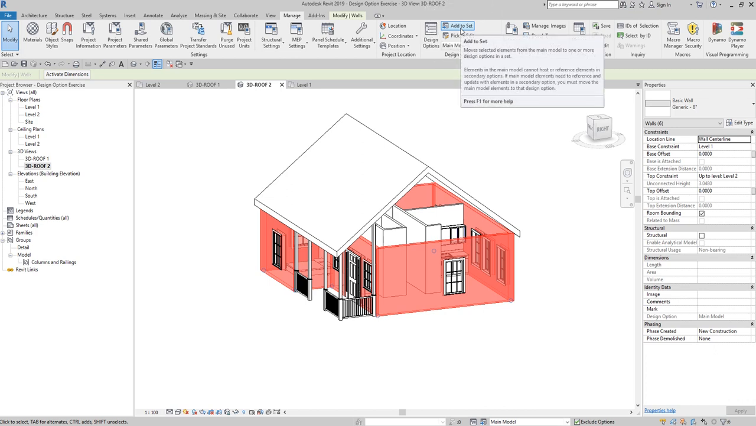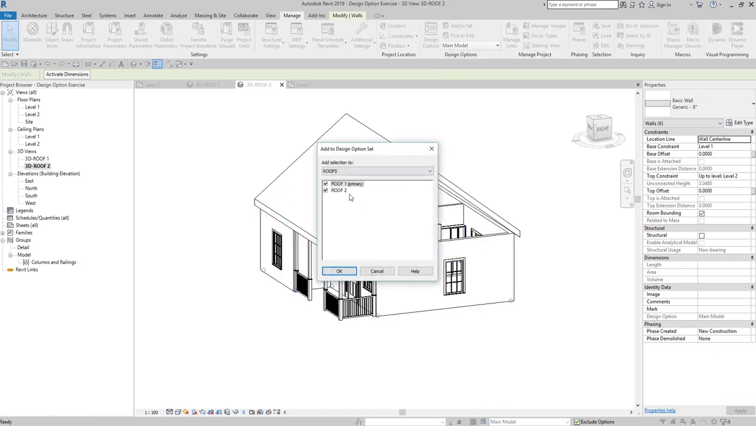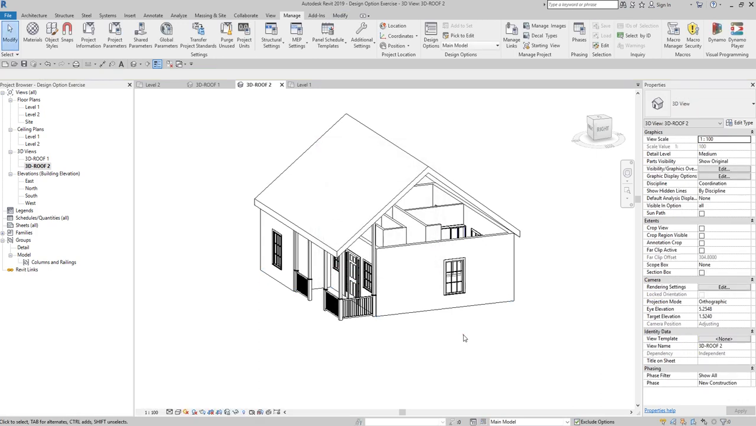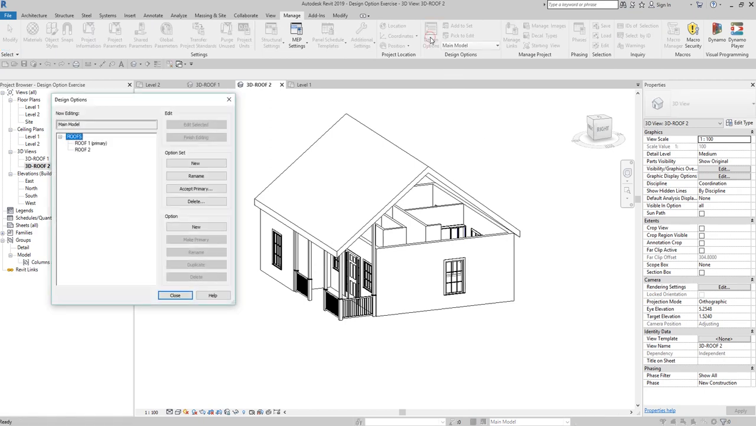Okay, so click add to set and then make sure you select both roof number 1 and then hold control again, then click roof number 2. Okay, just making sure both are selected. So just make sure this is both checked, all right? And then just select your OK. Now that these walls are added to our roofs, what we're going to do is, let's go back again to our design option. So this is my roof number 2